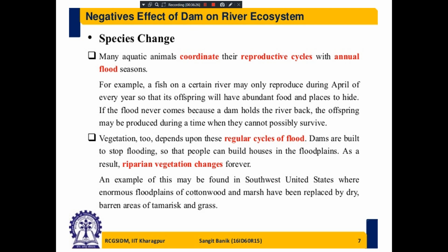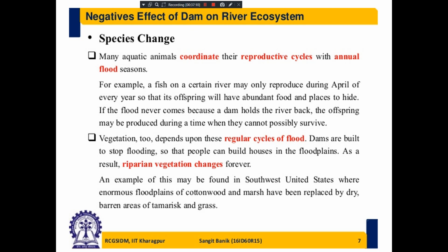So we call the flood dangerous. But in many places, for many aquatic species and for many types of vegetation, the flood is also equally important. The dam built to stop flooding will adversely affect the riparian trees, that is the trees which live on the river bank. Many of the flood flats, which earlier used to get flooded, now have people constructing houses in the floodplain. Riparian vegetation change will be there, especially in the enormous floodplains in the southwest United States,